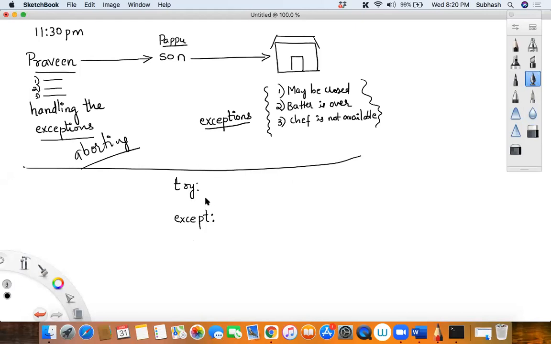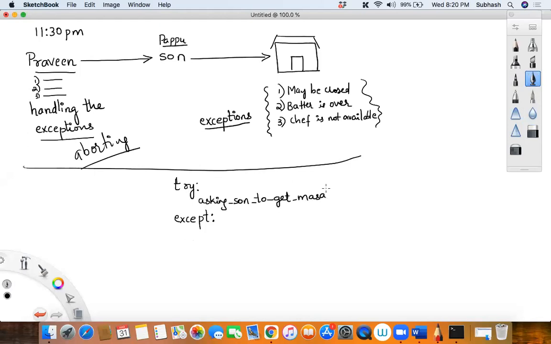Now, what will this try block, or the try suite, or the try clause contain? It will contain the actual action to be taken. The try block will always contain the operation. Let me write here: asking son to get masala dosa.